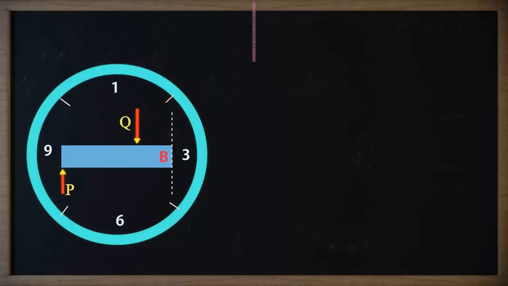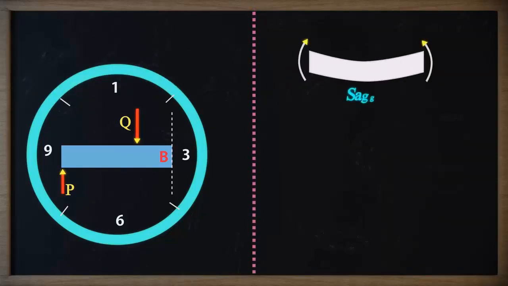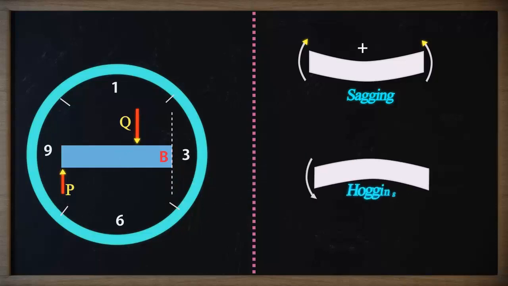There is one more alternative way to understand this sign convention. All moments that bend our beam in downward direction like this are considered as positive moment. And all the moments that bend our beam in upward direction like this are taken as negative. You can remember any of these two methods for understanding the sign convention.